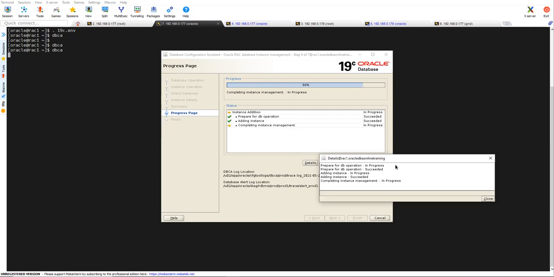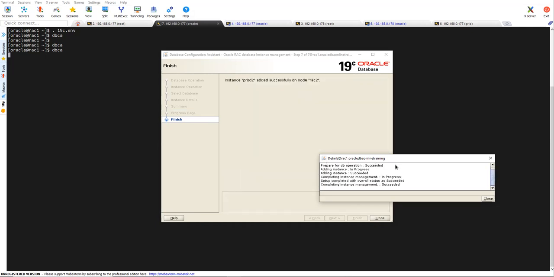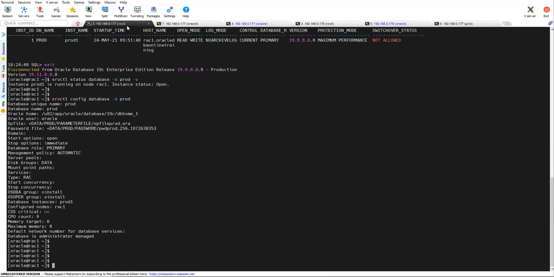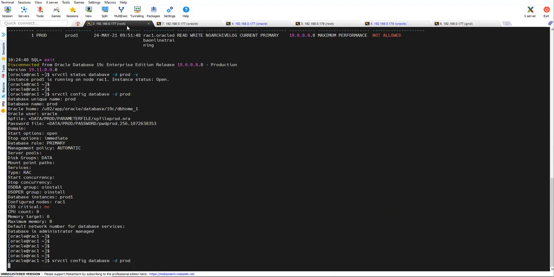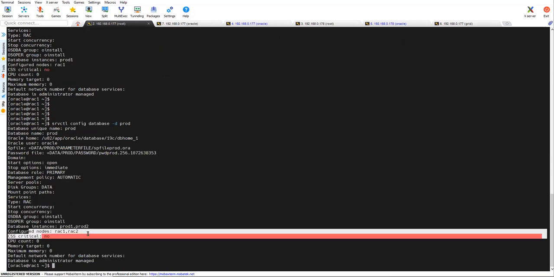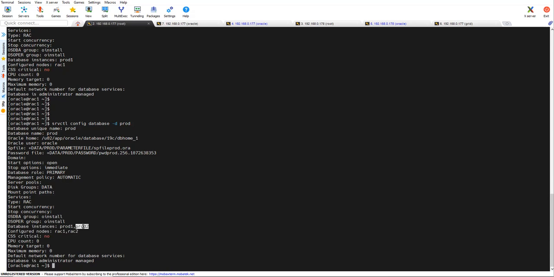Okay, so far so good. The instance prod2 is added successfully on the node rac2. Okay, we'll close this option over here, and we'll go back to our main screen. Again we'll be checking the configuration details. So it should be updated with rac2, and so the node is updated, rac2,